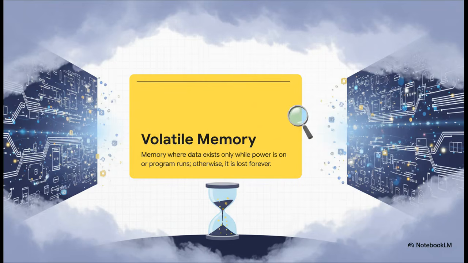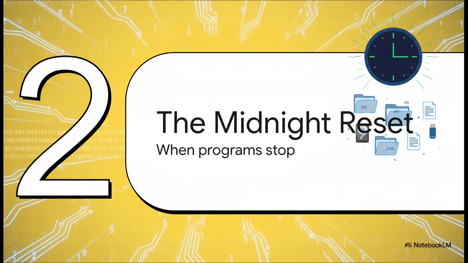Breaking out of the fairy tale for a second, let's hit the hard technical fact behind this. Pythonia's curse is actually volatile memory. When a program runs, it lives in a very specific part of your computer's brain, the RAM. Now, RAM is incredibly fast, which is exactly why the kingdom thrives during the day, but it's entirely volatile. That means it requires active power and an active program to hold on to its information. The absolute second that program terminates, the memory is dumped. It's like having a brilliant thought, but the moment you stop concentrating on it, it's completely erased from your mind forever.